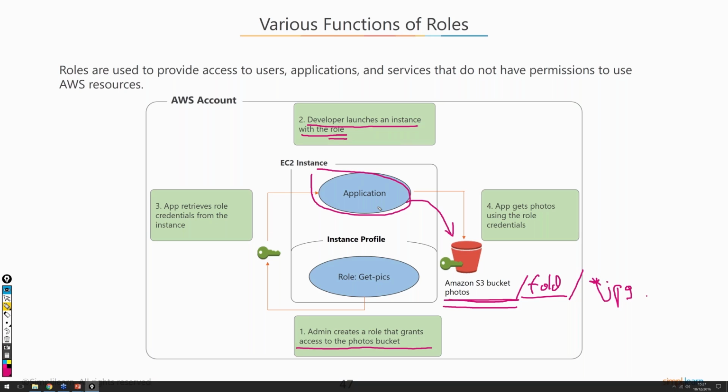Can the same thing be done by assigning policy? Yes, it can. But in this particular case, you will not use a role, but you will use an IAM user. In this case, you will need to program within your application a username and password, or access keys, basically an access key ID and a secret, and you will need to use the API or any other means to access your resources, and you will need to authenticate every single time. And not always is that the best and the quickest way, because authentication itself is a little